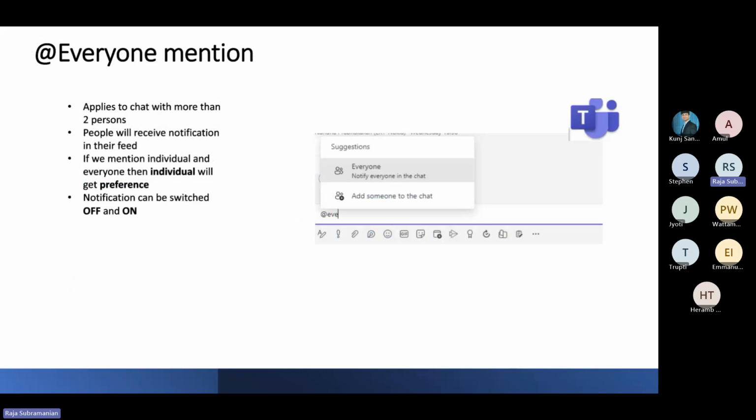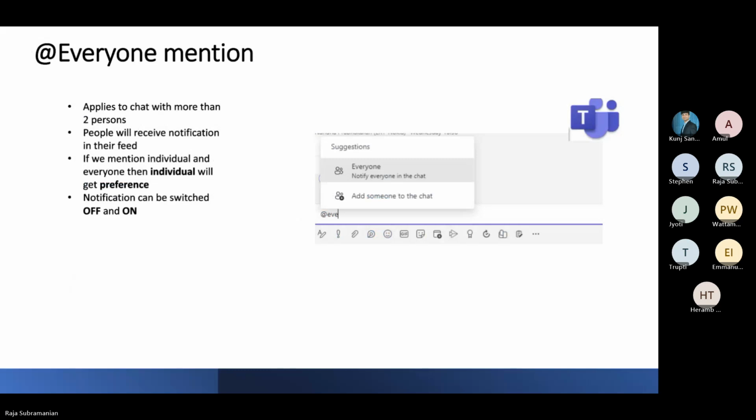team, we may have our own group, and sometimes we want to ask, hey, person one, did you complete your task, or can you help me? Sometimes we may need to send a message to everybody, hey team, let's go for lunch or whatever. So just type @everyone, then everybody will get a notification,